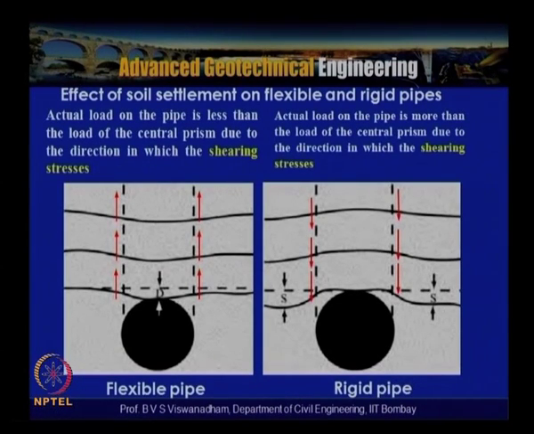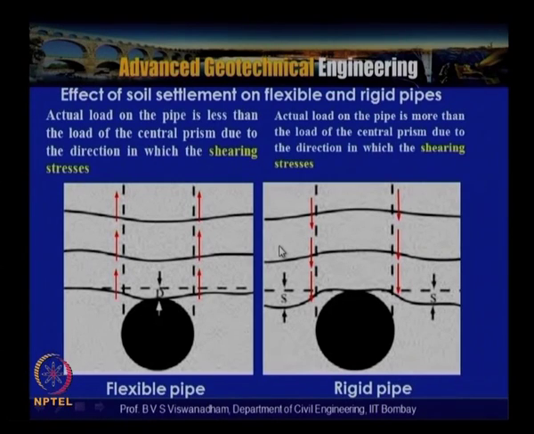So, here the effect of soil settlement on flexible and rigid pipes is shown. In case of flexible pipe, it can be seen here, the pipe undergoes more settlement than the surrounding soil. In case of rigid pipe, the surrounding soil undergoes more settlement than the pipe. So, in this case, this